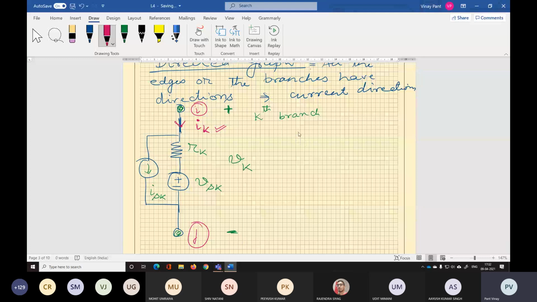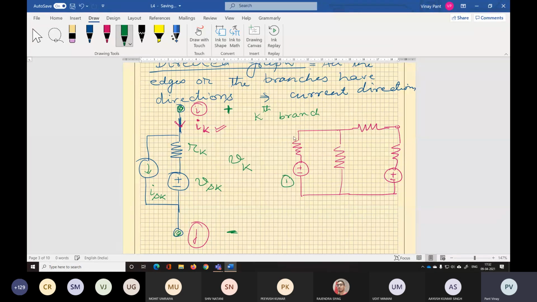So let's start with a simple network. Let's take a very simple network comprising elements 1, 2, 3, and 4. We will not put any values to these elements. This is branch number 1. Let this be the direction of current I1. This point is at a higher potential as compared to this.